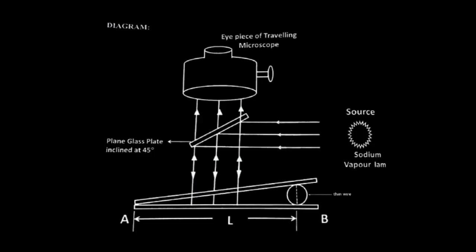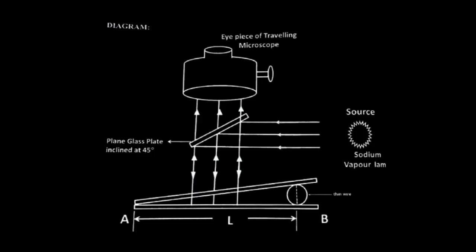So the reason, like I said, was when you have a parallel plane beam of light coming towards the setup, you need to direct it normally to the air wedge in this case. So for that to happen, you need to make it incident on this 45-degree inclined glass plate so that the light reflects and refracts at the same angle and hits the air wedge normally. So because of this, you'll be able to observe the pattern.